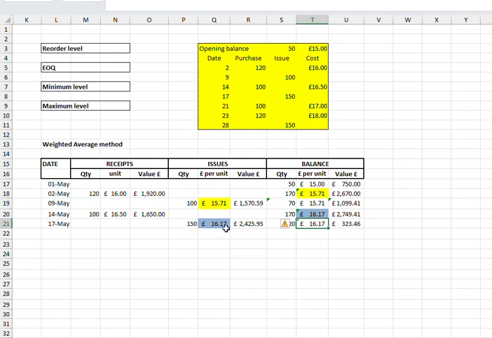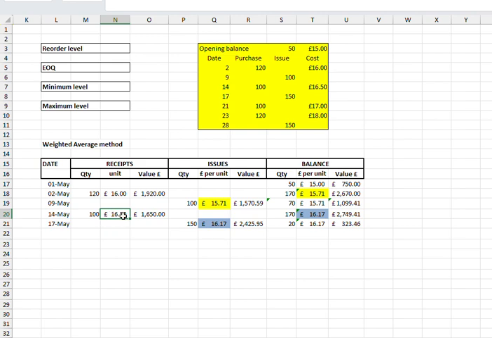It stays the same. Now the only thing that we need to think about possibly in future questions is if there is a return, because if we return anything, so if we returned, for example, these goods or even part of these goods, instead of putting it as an issue at whatever the cost per unit was before the transaction, we would return it or put it as an issue at the £16.50 at the original